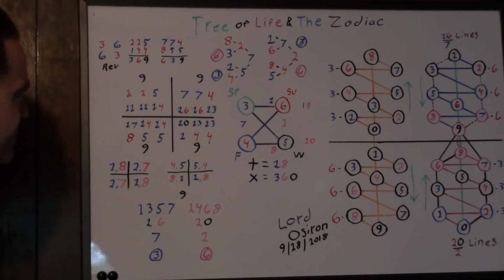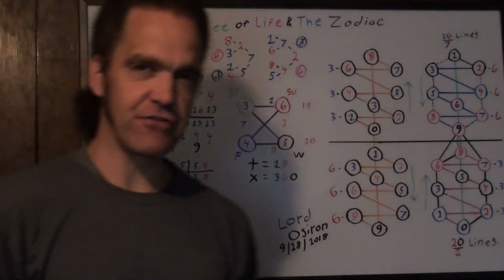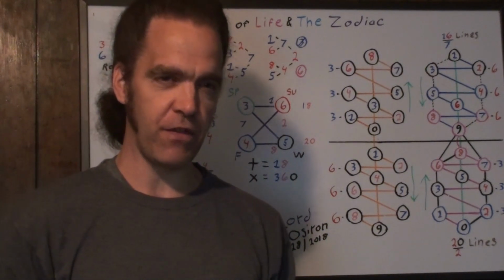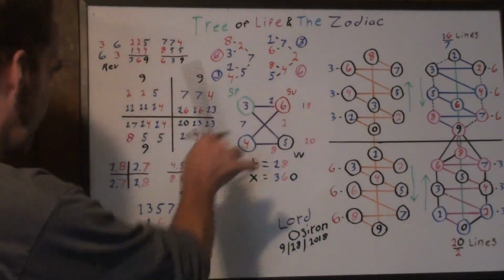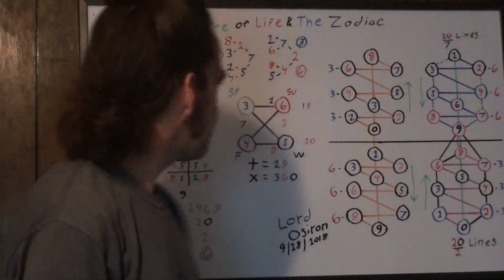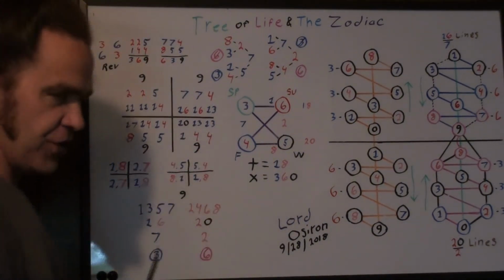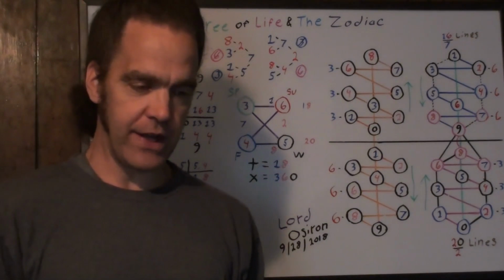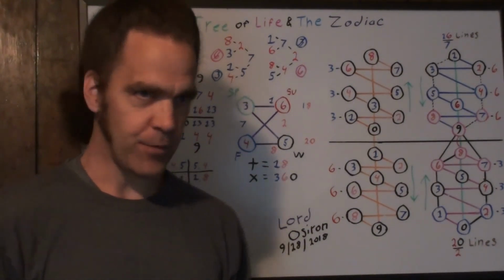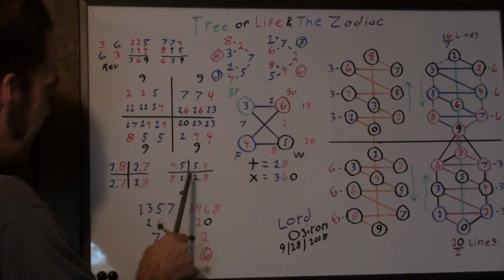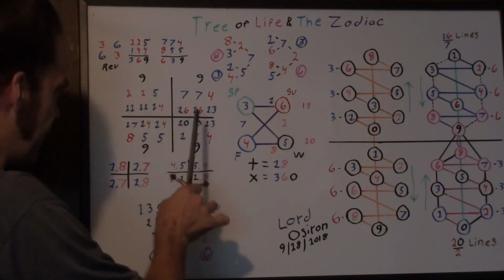Okay? So now we're going to see a different element of fractality at work. This is pretty important too, because this is going to show some powerful things. And all of these constructs do this, and I'm going to show you that. Okay, so all of these numbers are separated into polarity, feminine and masculine. Now, these two little graphs here show what's going on with these numbers when you